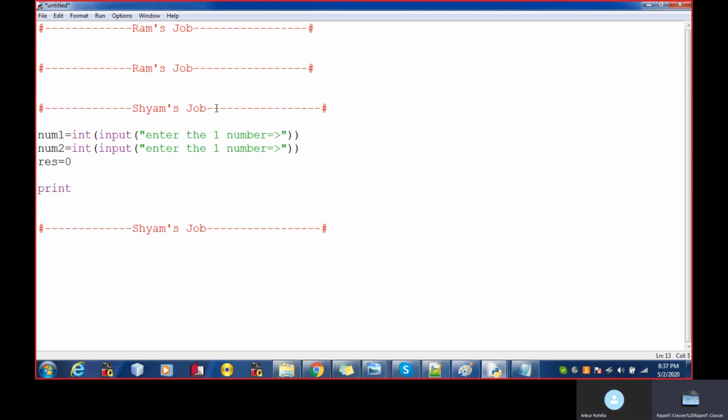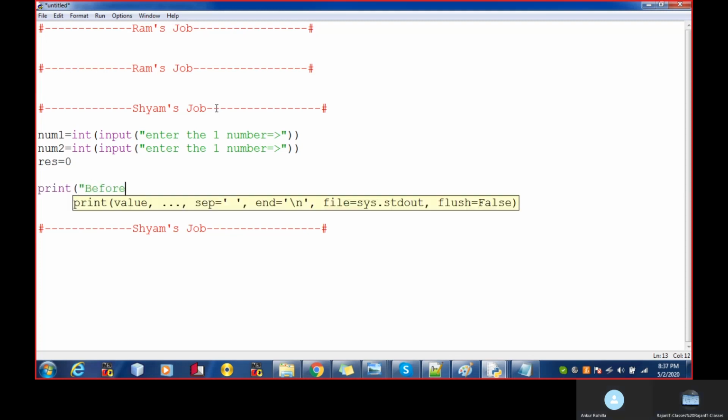Okay, so calling the Ram, calling the Ram's job.